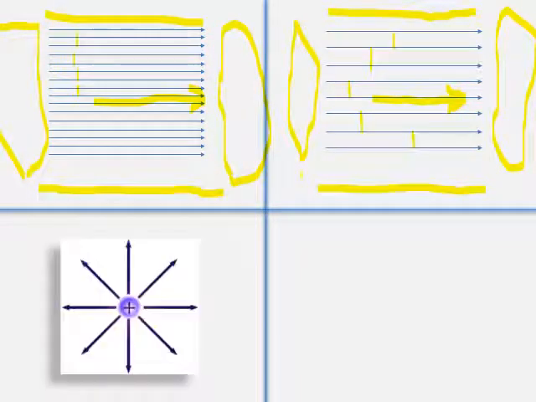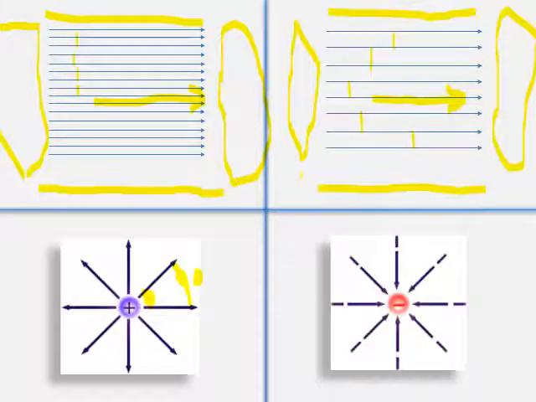Now what if we have a point charge? Consider, say, a positive point charge. Look at the gap here and the gap between the arrows here. The distance is more here, and here the distance is less. What does it mean? If you place a +1 coulomb charge, a unit positive charge, close to the given point charge, then it will experience more force, whereas if you place your +1 coulomb charge at a larger distance, the field experienced will be less.